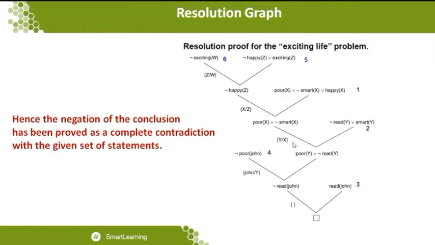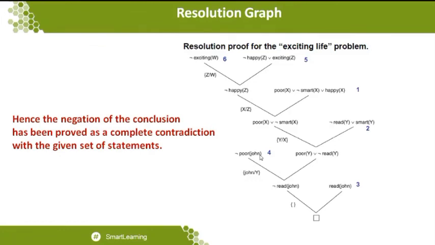At that moment, not of smart of y and smart of y will be cancelled, and we get power of x, which is what we called the statement, and here we have power of y or not of read of y. Now specifically we want to remove the statement where y is going to be renamed by John. Making the statement very clear, from the starting level to this level we are renaming all the variables. But when you come to the last level, or before the last level, you can see that a constant is applied. The specific constant is John, because the statement reads like that: not of power of John. This is the statement that we have.